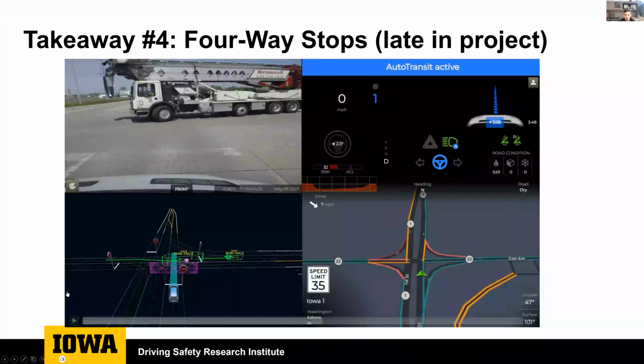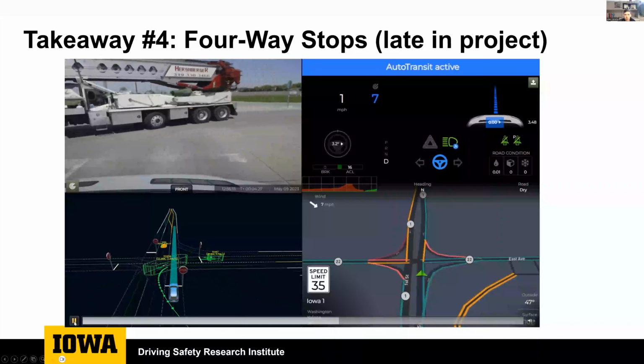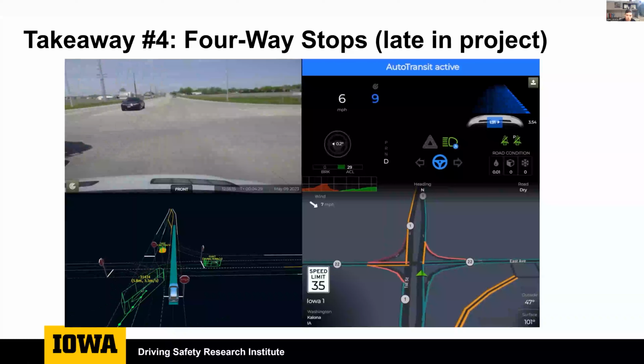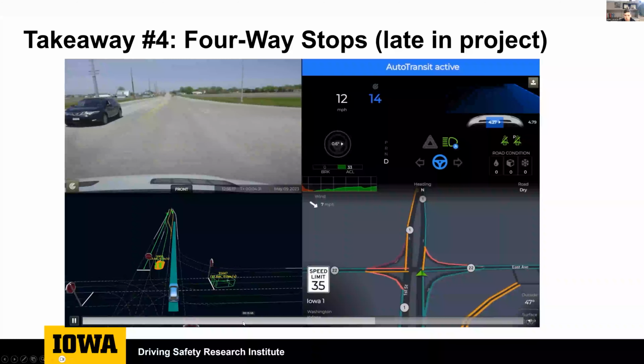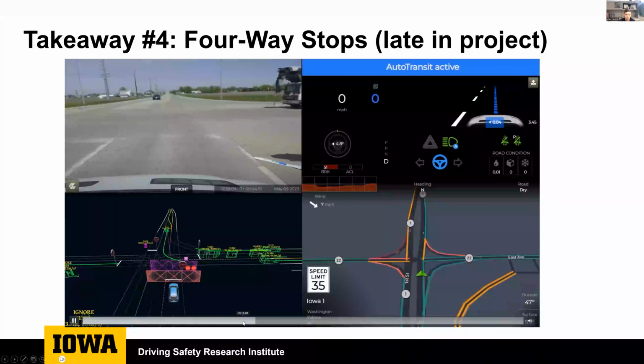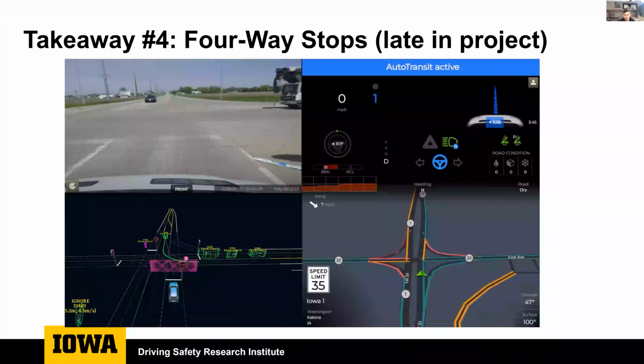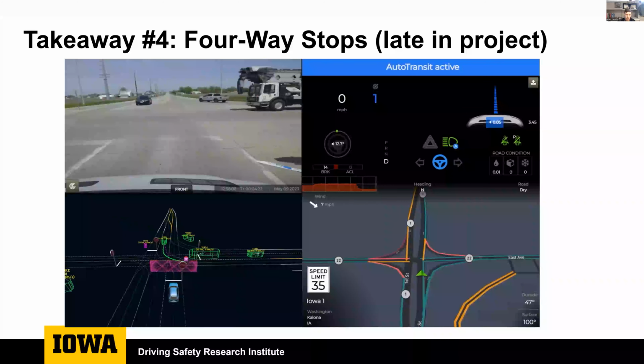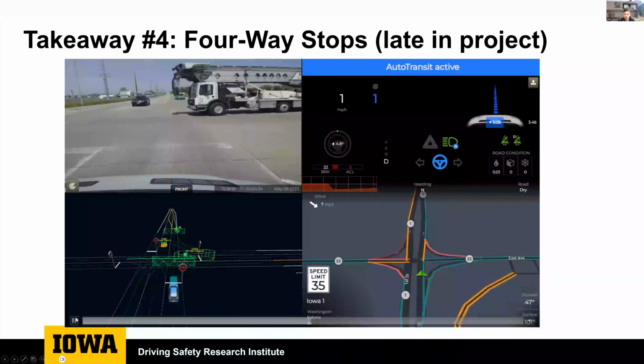So this is a situation in which the transit wants to move forward, believes the intersection was clear, but now is classifying and has picked up that utility truck. So it is yielding until that utility truck can give it the right of way and get it through the intersection at a much more normal and better flow of traffic rate. And with that, I will turn it over to my colleague, Sherry Rowe.